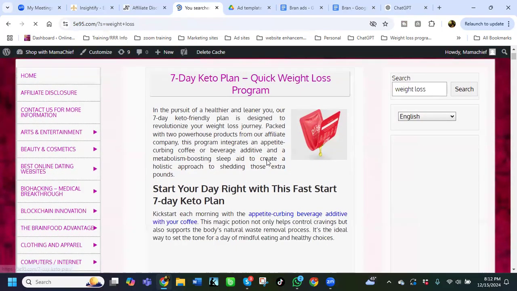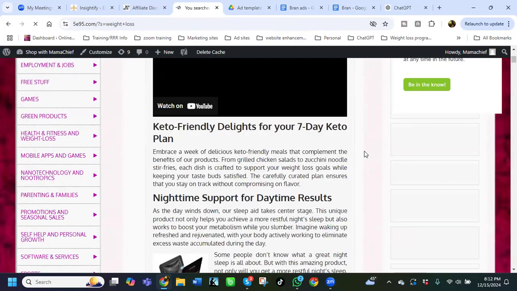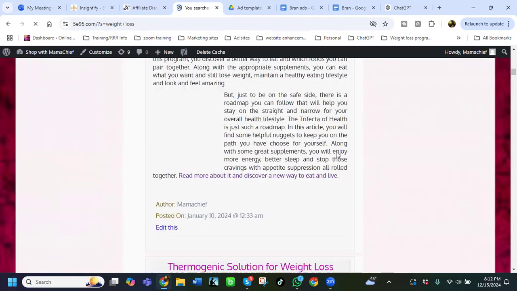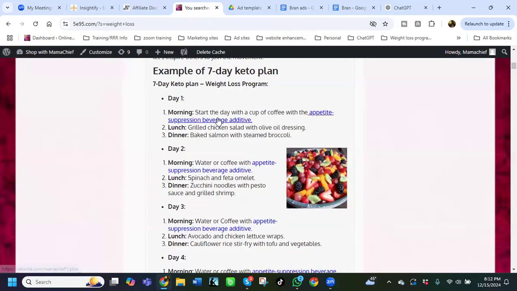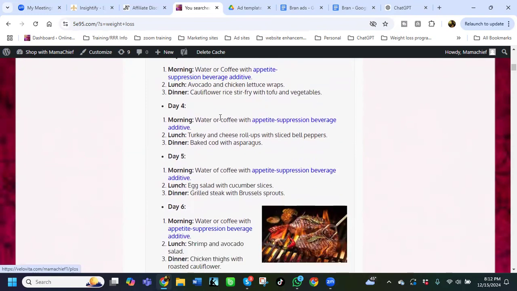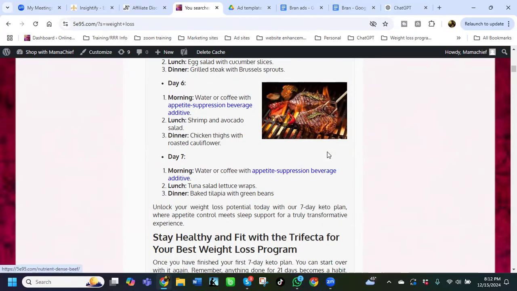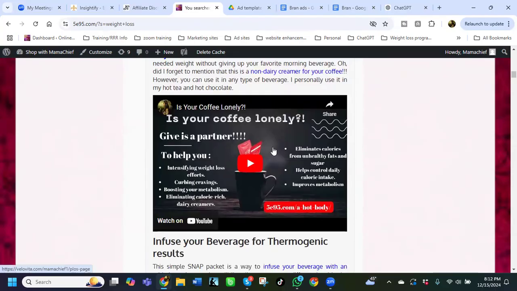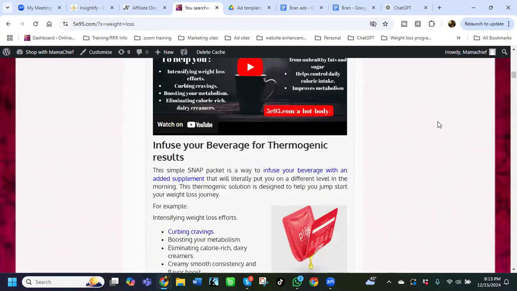So this isn't necessarily brain, but it does have some information. This is actually my plus, but it has other stuff in there. I'm actually going to be marketing this because it actually has keto. For those that like keto, I created a 7-day keto plan that actually shows them how they can lose weight with keto. I got to come in here and change some of this stuff. But this is how it works. Thermogenic weight loss. Again, this is all my plus. So let's go back here and change